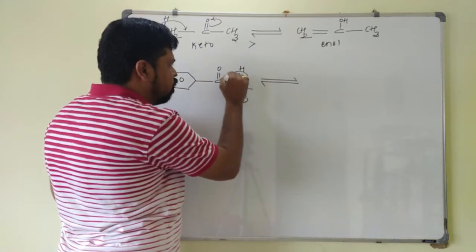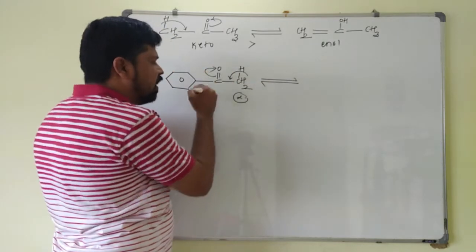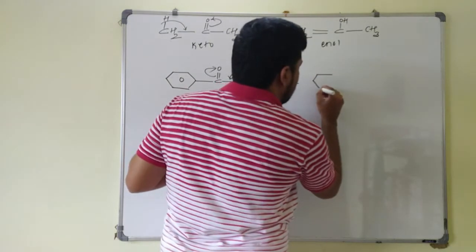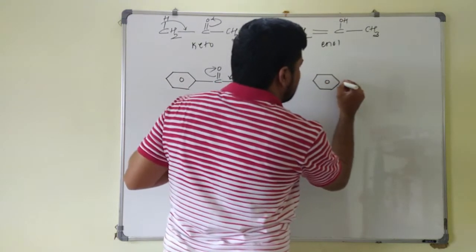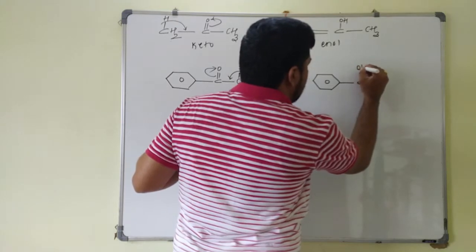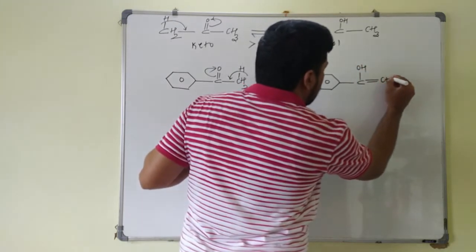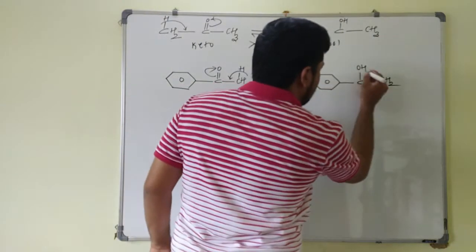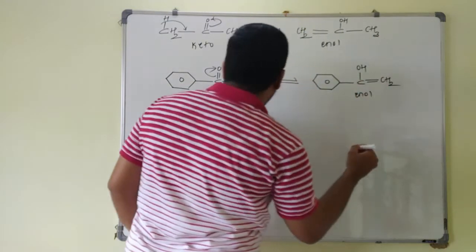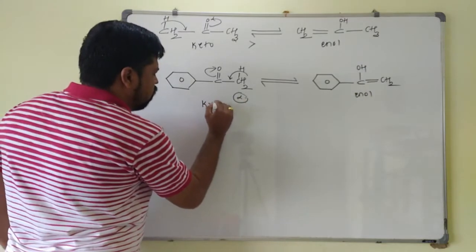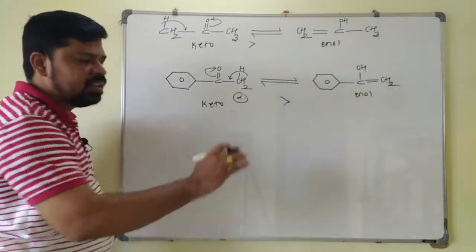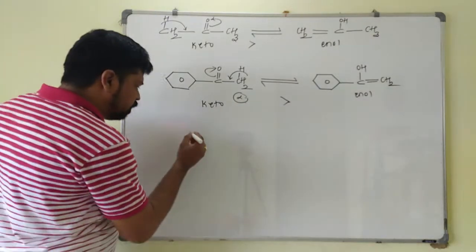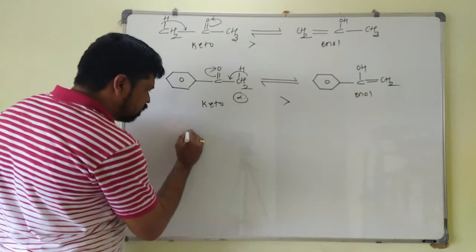So this bond is shifted to this one, and these 5 electrons are going back to the oxygen. Now this can be written as what? It will be in equilibrium with, so this benzene ring as it is, C, and this becomes OH with the double bond, and this will be again CH2. Again you see here, you will get enol form, ene and ol. So this will be enol, and this will be what? Keto. So whatever the examples we have written, in these cases always keto will be more stable than enol, and we will get cyclic ketone like this.